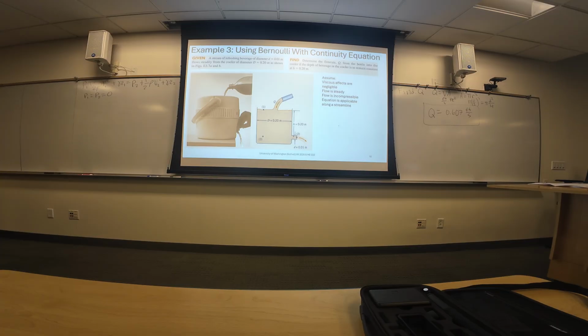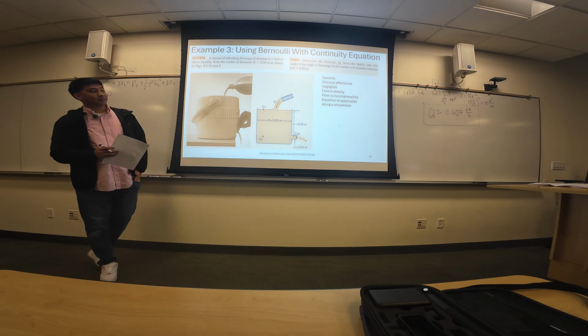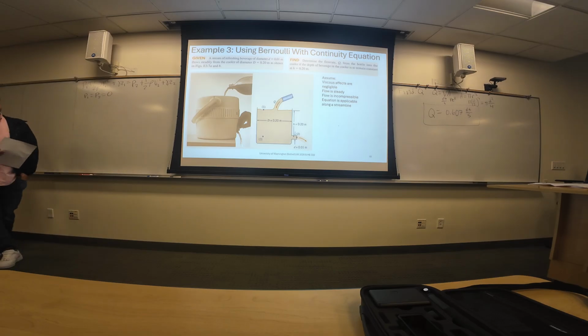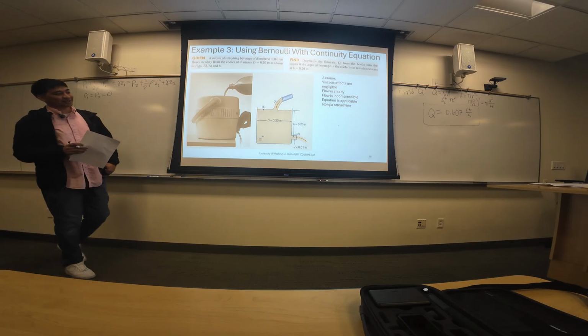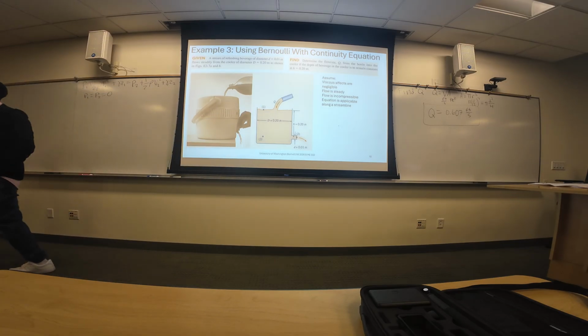Any other assumption that we can make? This one's a little tricky. For your velocity 1, should that be 0 or not? Someone can just guess too, that doesn't hurt. Maybe not, since the height shouldn't be changing. Right, so it's not 0. Yes, height doesn't change, but also you can see by the picture, while water's flowing in, the surface is moving a little bit. It's not just static. So our V1 will still have a value, compared to the other problem, where it was just static on the surface.